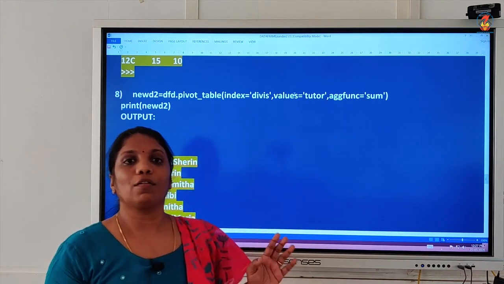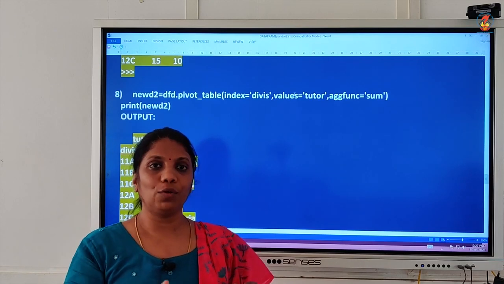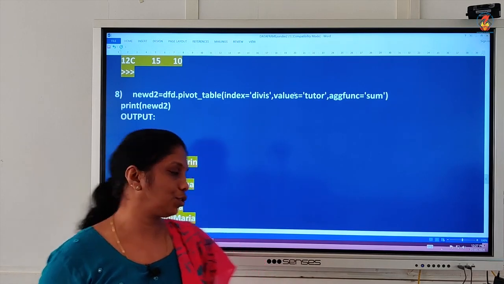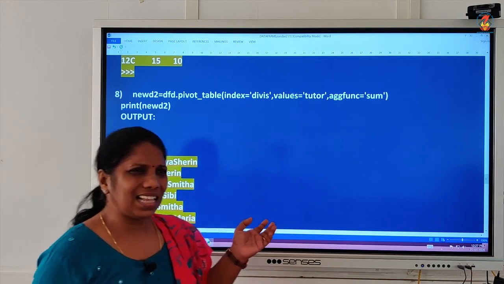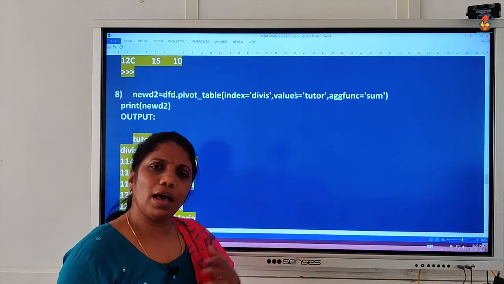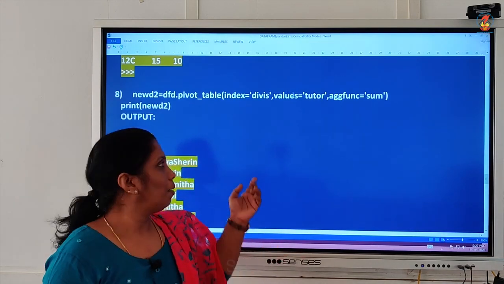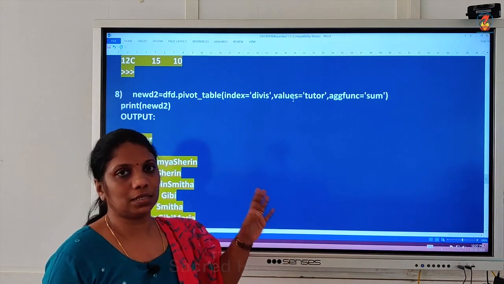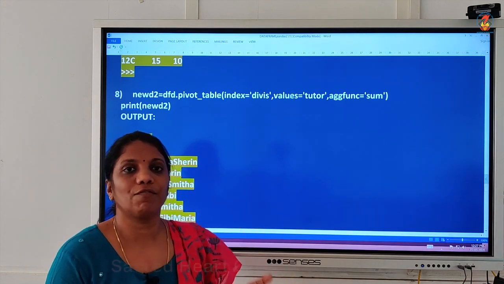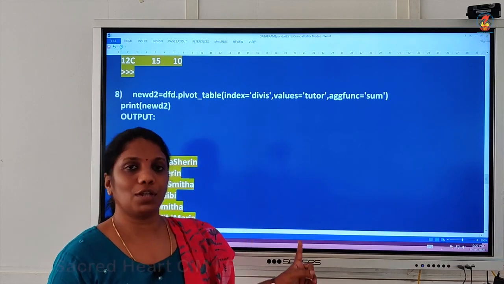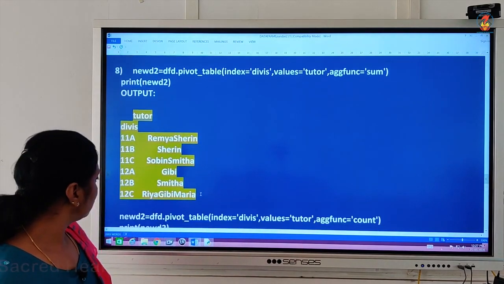So accordingly you can find out any other aggregate value other than your mean, that is your average. Okay, the standard deviation, std, the variance, var, all these can be done. Okay, but the main aggregate functions are these, and based on these we can easily find out the output. So we stick to these.